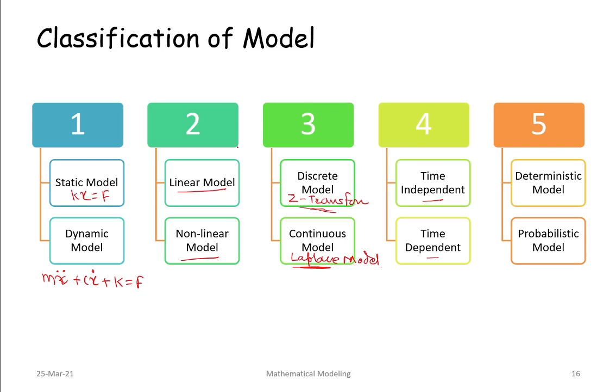In the same way, you can observe one thing. There is a property called creep. Creep means as time goes on increasing, what will happen? With respect to time, the creep property will change and the strength of the metal decreases, even though you are applying the same kind of loading condition. So these are time dependent and time independent. Another one is the deterministic model, meaning you can determine something. The third one is the probabilistic model, meaning you are going to identify probability.